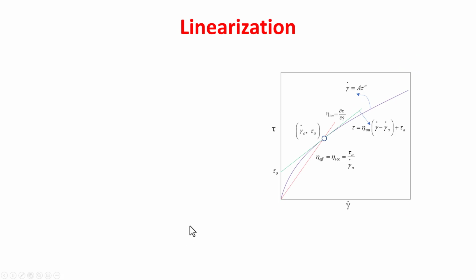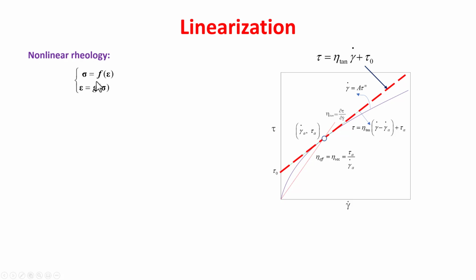So here is the linearization explained in more detail for the general situation. The tangent relationship leads to a tangent viscosity, which is the slope of this dashed line, and also a back-extrapolated stress term. In the more general case, the nonlinear rheology is represented by this stress-strain rate relationship. This nonlinear relationship can be written forcefully into this pseudo-linear form. That is the concept of effective or secant viscosity, or effective or secant compliance.